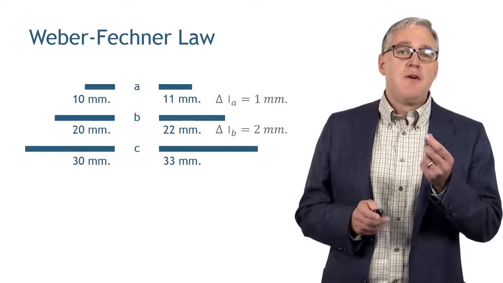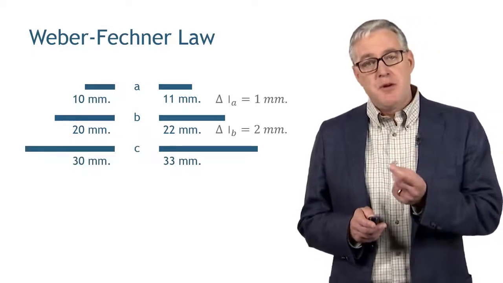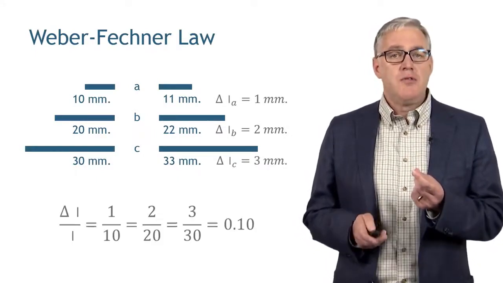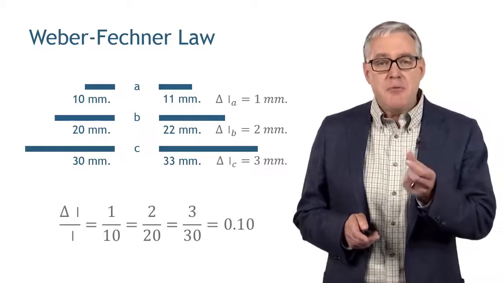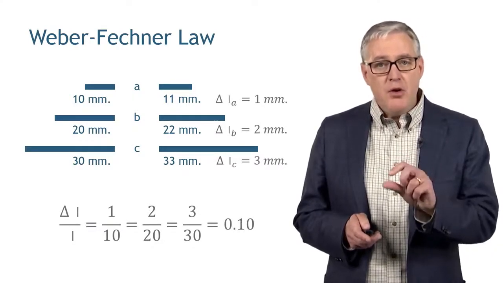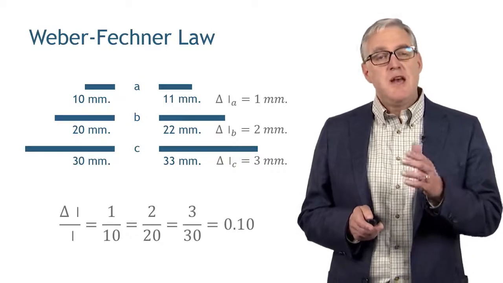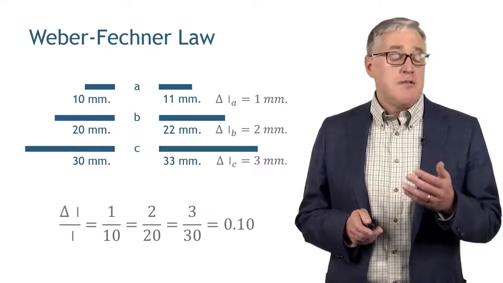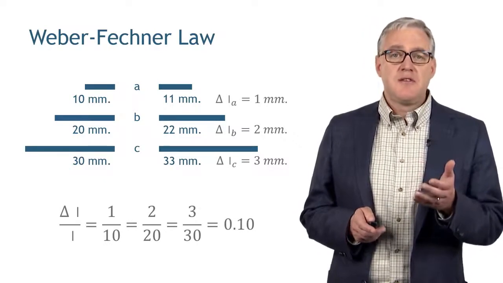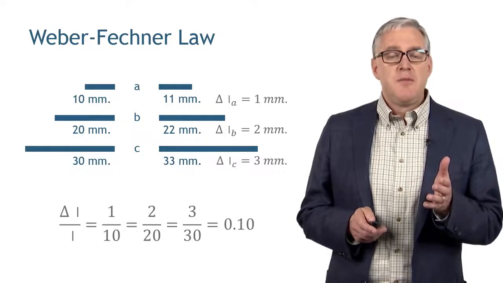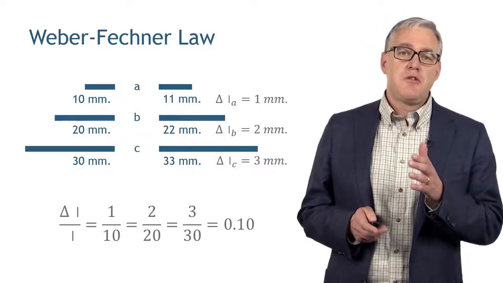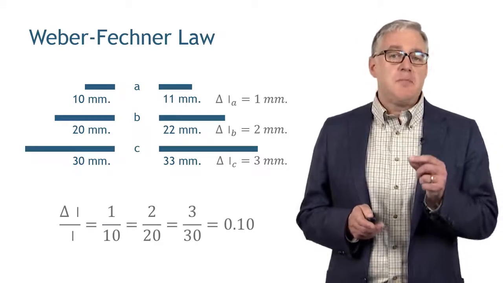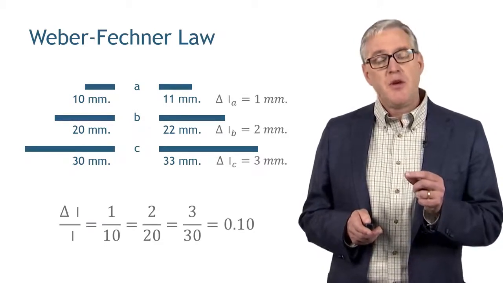And just like that, now I have 30 millimeters and 33 millimeters on the right. Can you tell the difference between the two? Well, all of them have this 10% stimulus. They're all basically a 10% stimulus. And depending on how you perceive the world, and this does vary at the individual level, if you can detect the difference in the 11 and 10 millimeter lines, you're probably able to detect the difference between the 33 and the 30 millimeter lines as well. So for you, it would take a 10% change in the stimulus